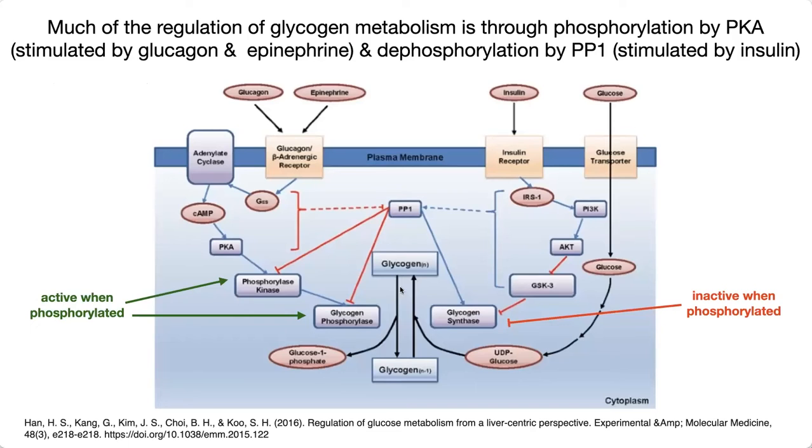So remember, we have glycogen. We can break it down to release glucose 1-phosphate that then we can interconvert through phosphoglucomutase to make glucose 6-phosphate. That glucose 6-phosphate, we can then dephosphorylate it in our liver to ship it out. In our muscles or our other cells, we can break down the glucose 6-phosphate and use it for energy. We could also take that glucose 6-phosphate and do other things with it. We could take it through the pentose phosphate pathway. We could take it down through the hexosamine pathway. So various fates for that glucose 6-phosphate that we could get from this glucose 1-phosphate that we could get from